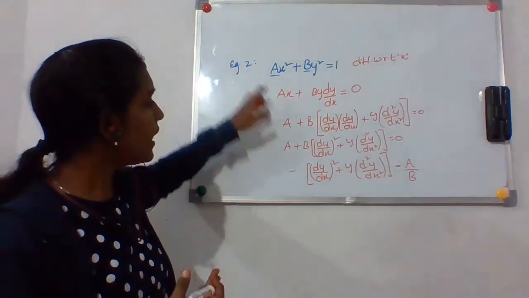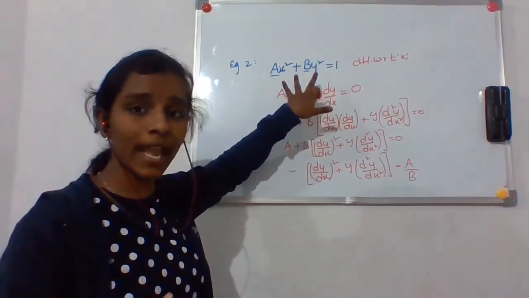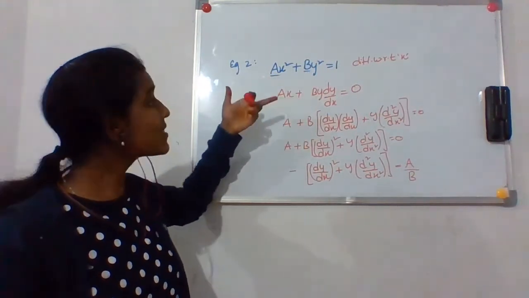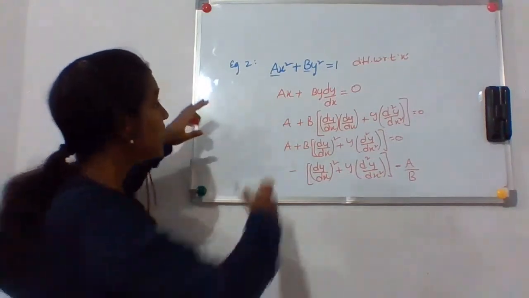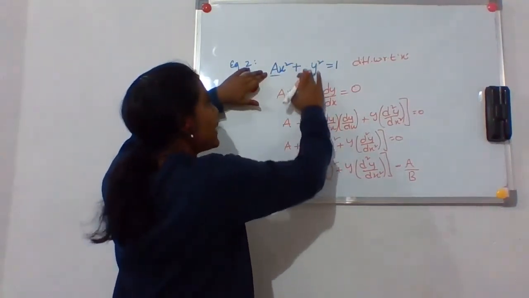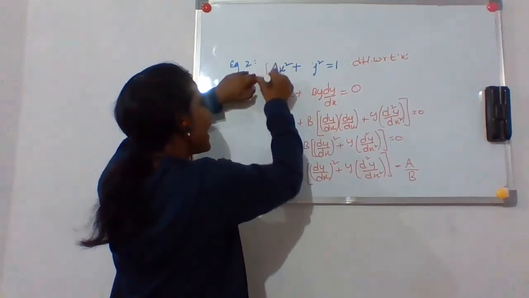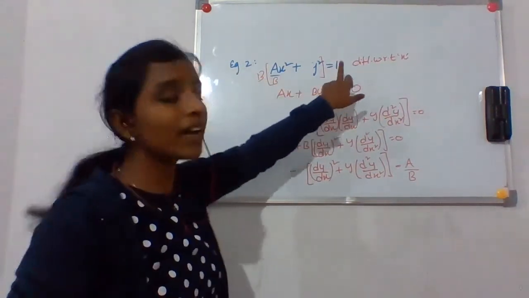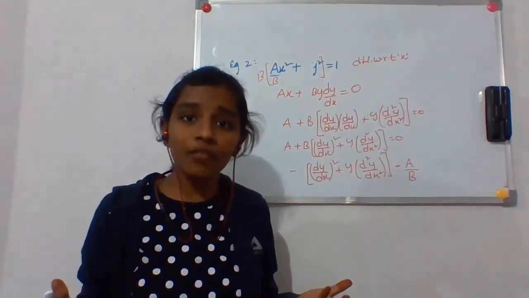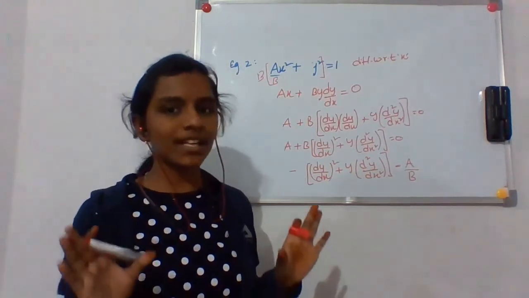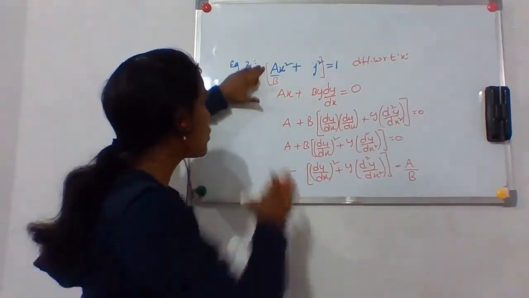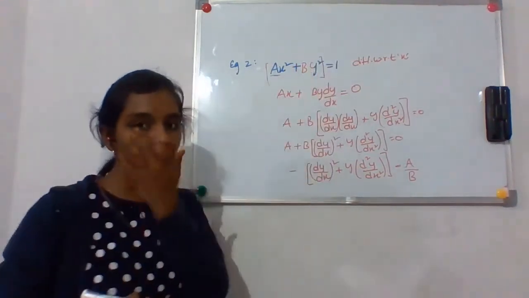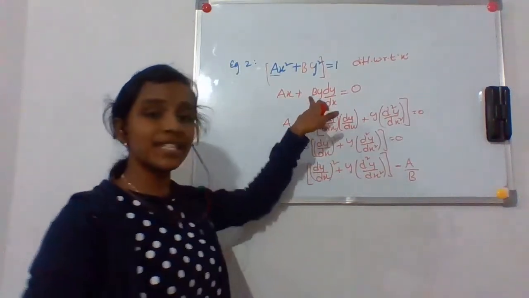Now I have to put this value in place of a by b. If I take b common over here, it is not possible for me. Why? Because if I take b common here, it will become a by b, and this will become 1 by b. Then from where do I write the value of 1 by b? I cannot write it, so that will become somewhat difficult. So I'm not going to do it over here. I will put it as it is.